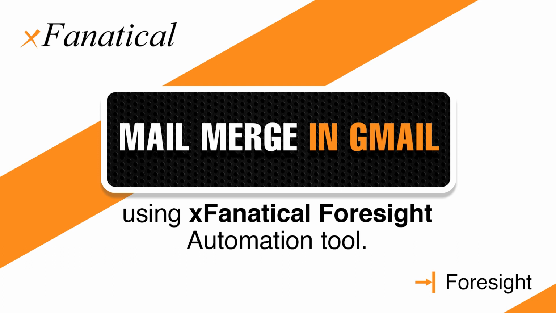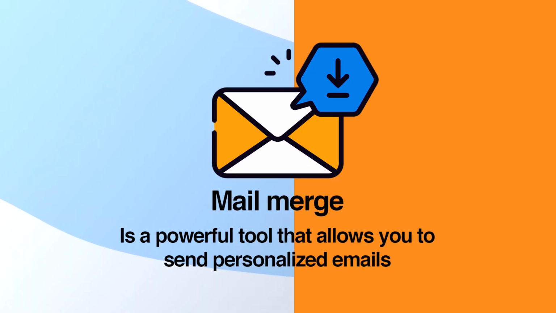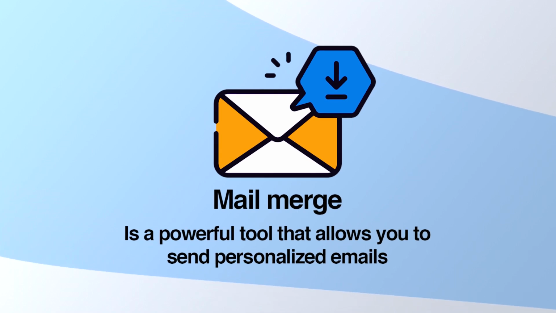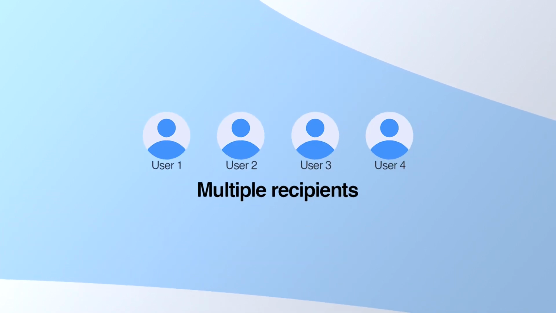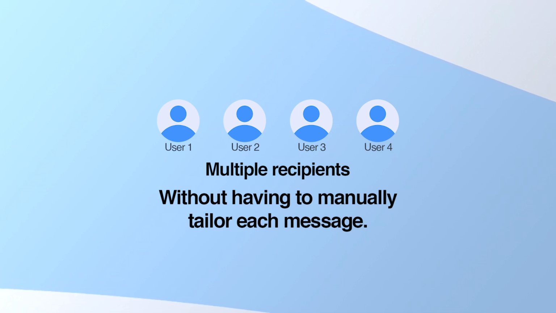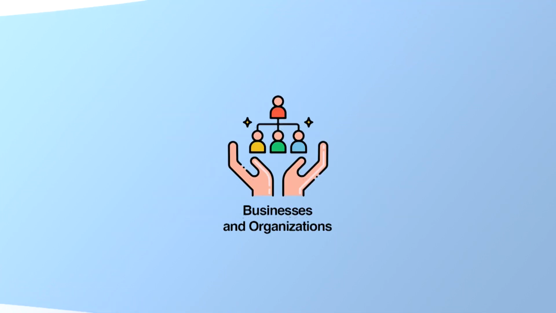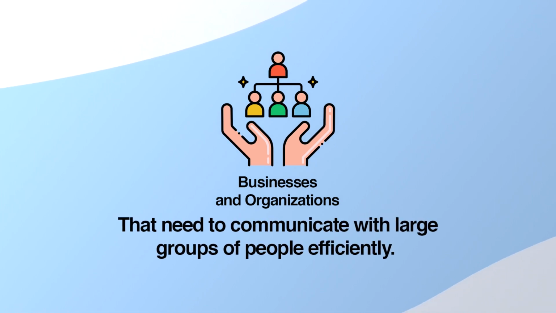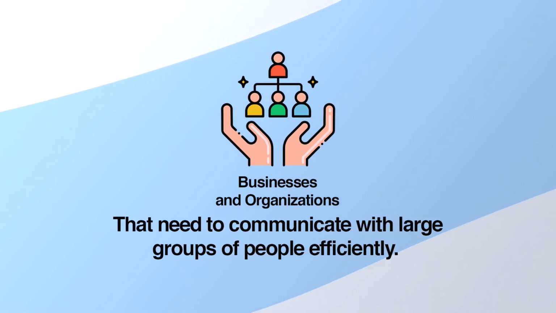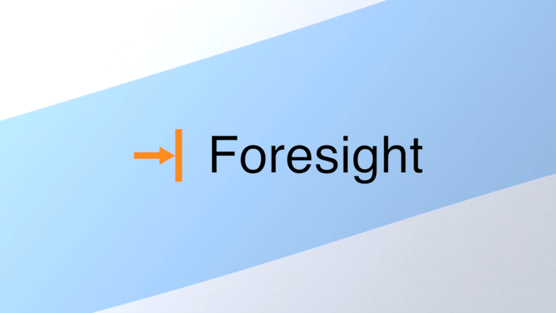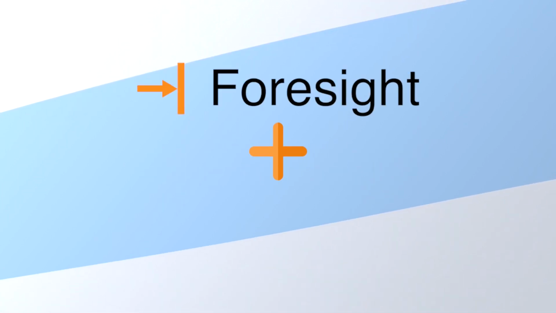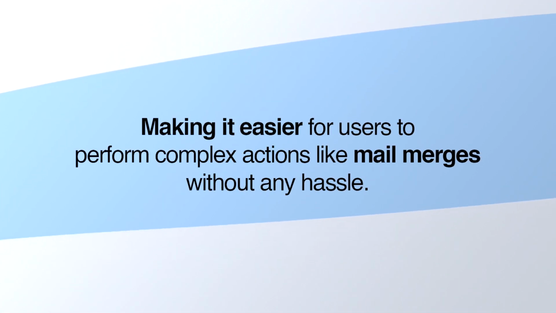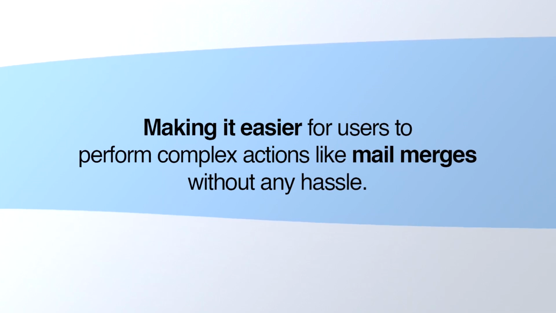In this short video, I will demonstrate how to mail merge in Gmail using xFanatical Foresight Automation tool. Mail merge is a powerful tool that allows you to send personalized emails to multiple recipients without having to manually tailor each message. It's particularly useful for businesses and organizations that need to communicate with large groups of people efficiently. xFanatical Foresight Automation tool seamlessly integrates with Gmail, making it easier for users to perform complex actions like mail merges